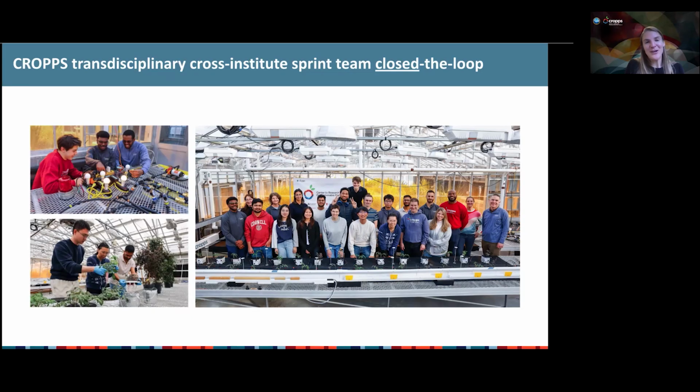The feedback from this CROPPS team was super enthusiastic. In a post-sprint survey, almost all attendees stated that participating in the sprint deepened their understanding of the nitrogen reporter plants from an interdisciplinary perspective, and they were able to see the value of their skills being used across disciplines. Next, I will show you a short footage from a demonstration to local stakeholders that we did at the end